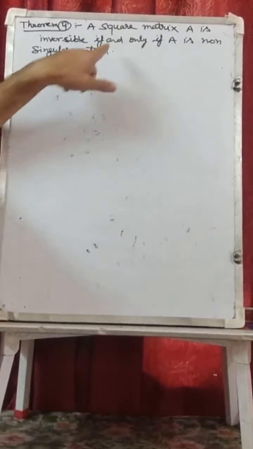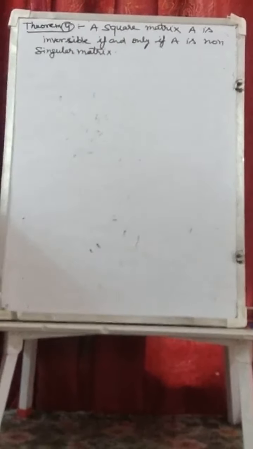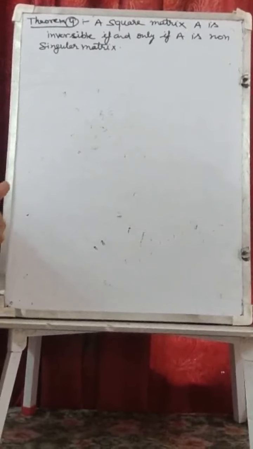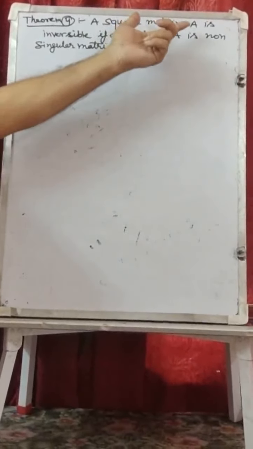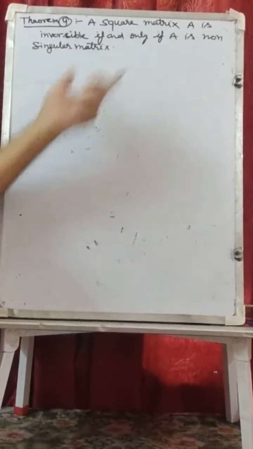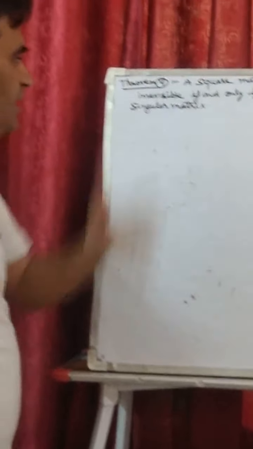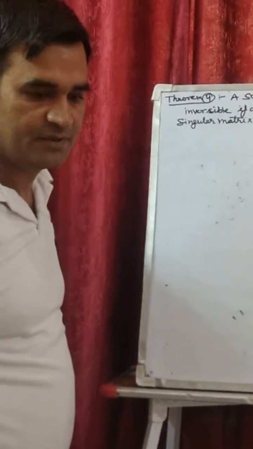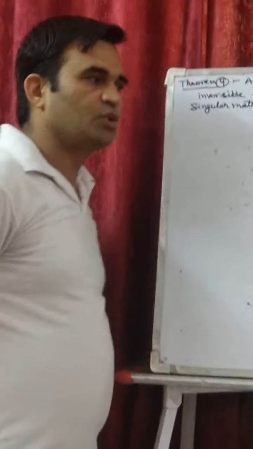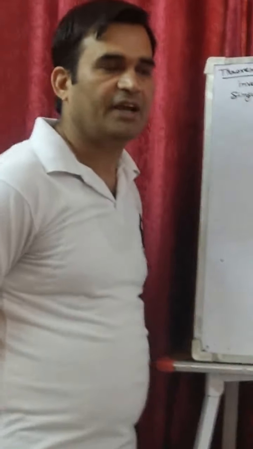जैसा कि ये बोलती है इफ एंड ओनली इफ, नेसेसरी एंड सफिशिएंट दोनों पार्ट हैं, तो हम इसको दोनों तरीके से लेके चलेंगे. एक बार हम लेके चलेंगे कि ए इन्वर्सिबल है तो प्रूव करेंगे कि ए नॉन सिंगुलर है. दूसरी बार लेके चलेंगे ए नॉन सिंगुलर है तो प्रूव करेंगे ए इन्वर्सिबल मैट्रिक्स है. तो इन्वर्सिबल मैट्रिक्स को एक बार जरा देख लेते हैं. हमने मैट्रिक्स में पढ़ा है कि इन्वर्सिबल मैट्रिक्स कौन सी होती है.